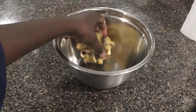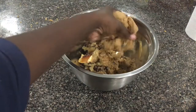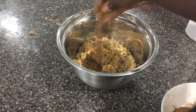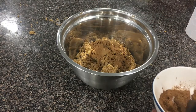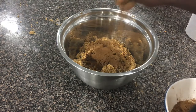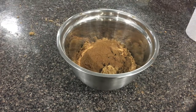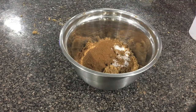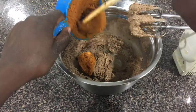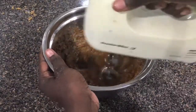To a medium-sized bowl, add half a cup or 113 grams of brown butter that's been brought back to room temperature, 3/4 cup or approximately 150 grams of packed brown sugar, 1 tablespoon of cinnamon, 1/2 teaspoon each of nutmeg and ground ginger, 1 teaspoon each of allspice and ground cloves, half a teaspoon of ground black pepper, and also 1/4 teaspoon of salt, and cream together on medium speed for 3 to 5 minutes or until light and fluffy. Add in the remaining 1 cup of pumpkin puree and continue to mix together until combined and the